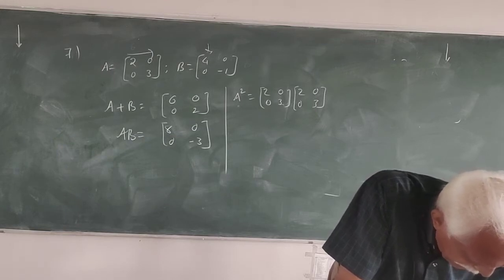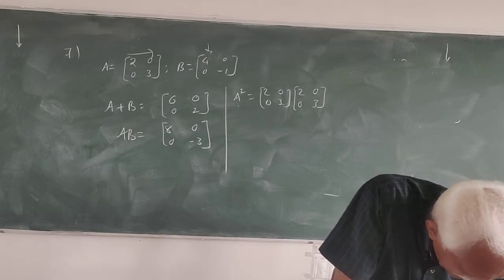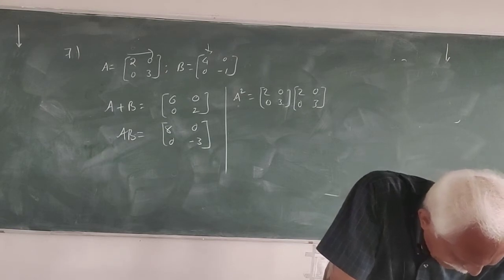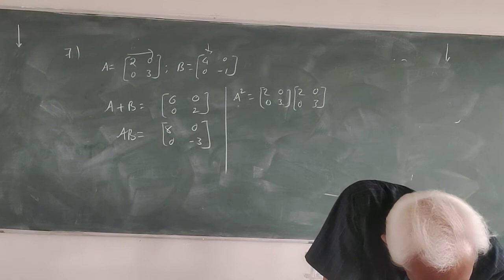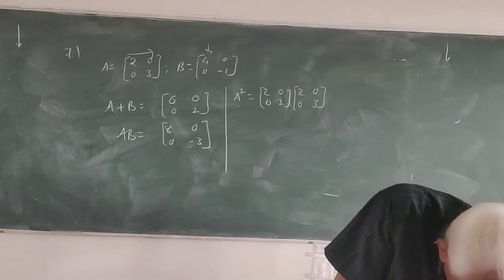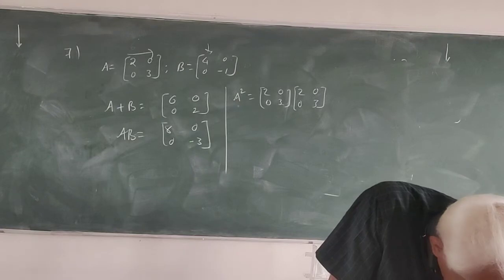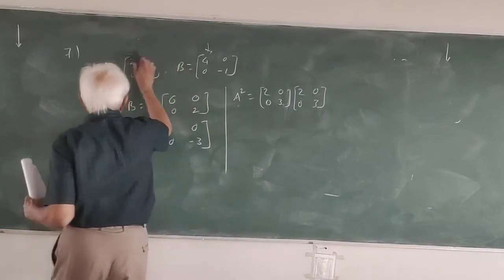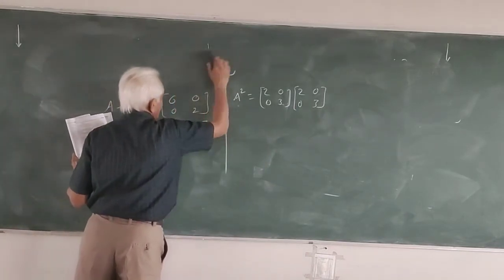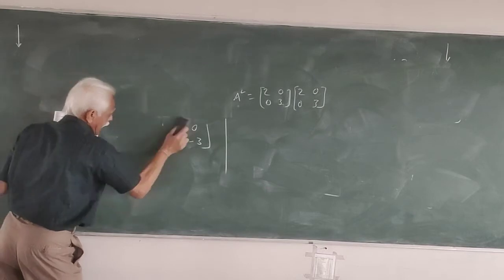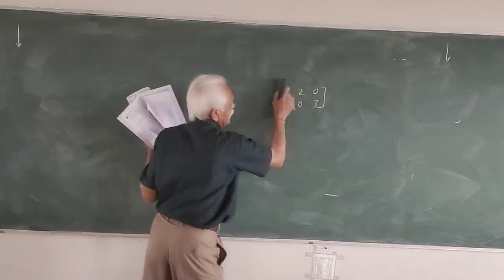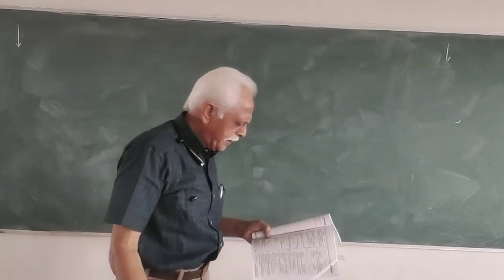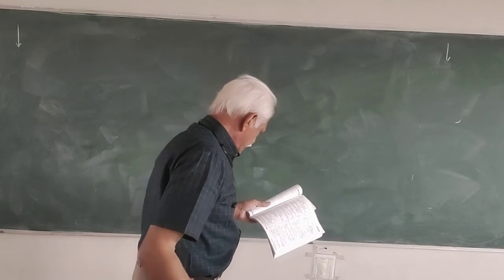The options are non-singular. You keep it aside because you don't know what singular and non-singular matrices are. That will be coming in the second part, that is determinants. If I simply give the option, that is of no use, you must know everything. So keep it aside. Then bit number 10.